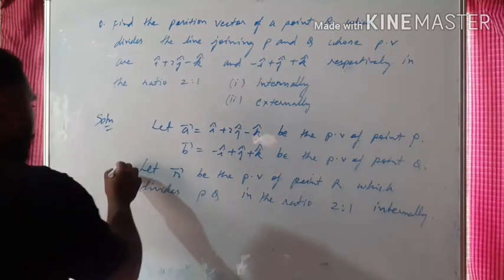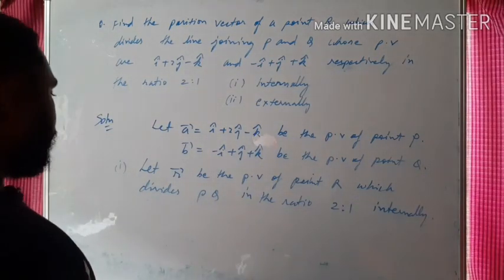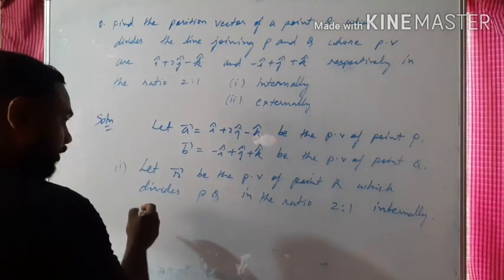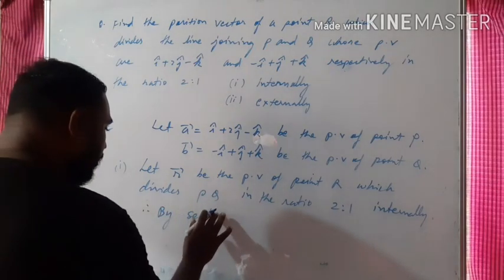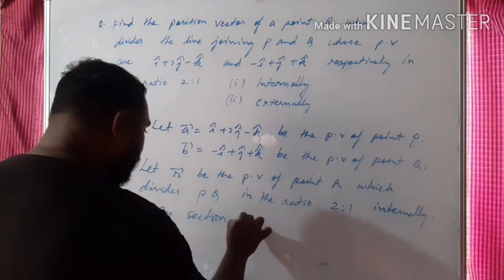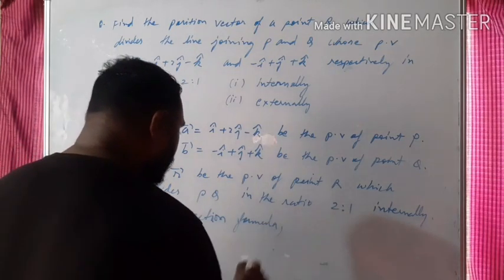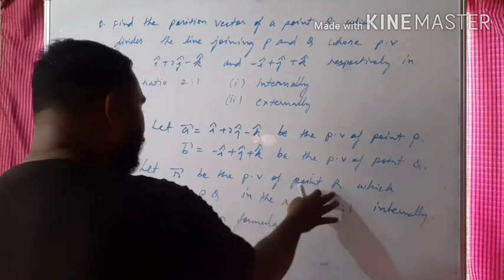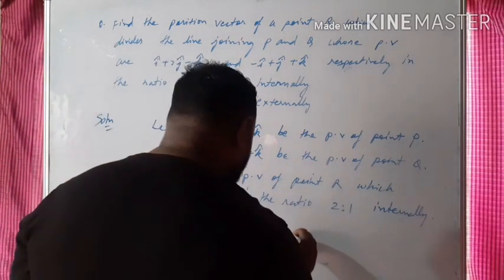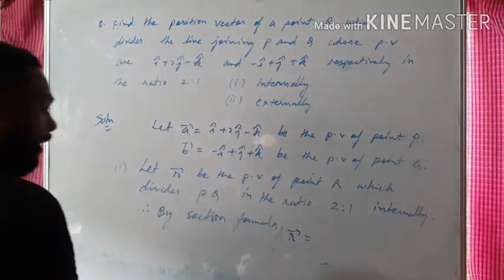Okay, so first one I am taking. Then therefore by the section formula, the position vector of R will be what? I have taken R bar and it will be given by R bar is equal to,